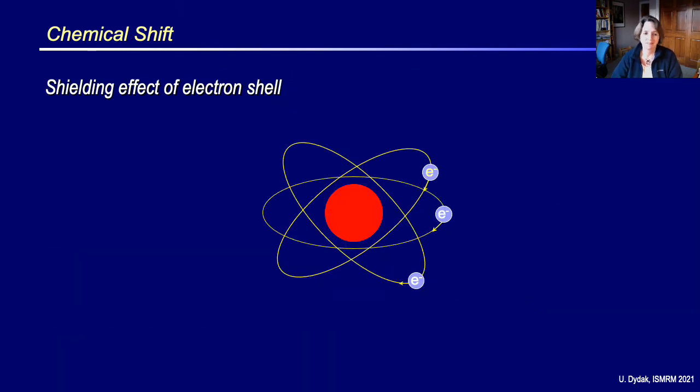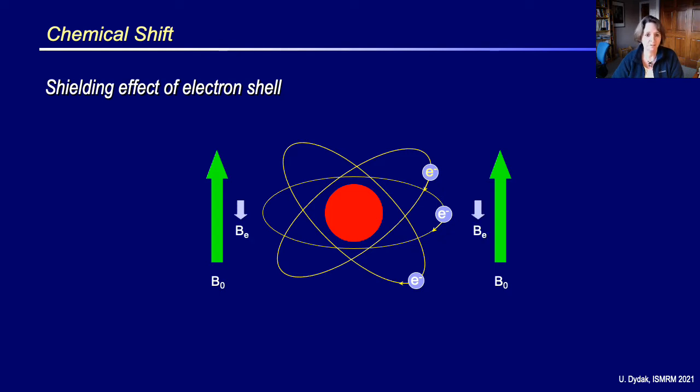Well, there is not only the nucleus in the atom, we also have electrons around it. The electron density in an atom can be considered to cause small currents that generate a magnetic field that opposes the B naught that is caused by the scanner. So we have this small magnetic field due to the electron clouds. This process diminishes the local field from the scanner, and therefore we also sometimes say that the proton is said